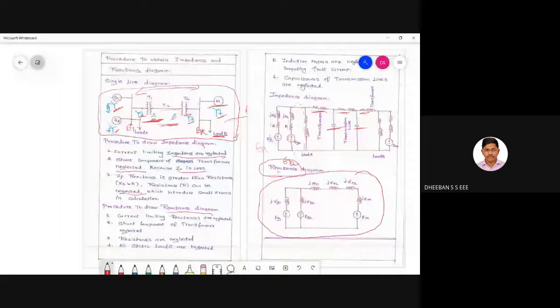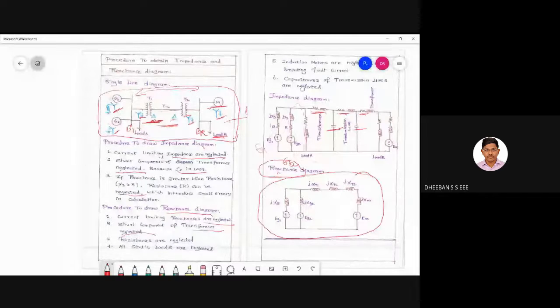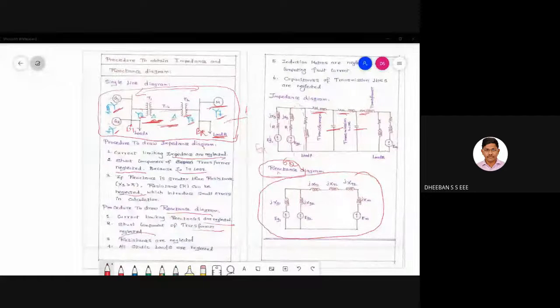Over here the current limiting reactances are neglected, and the shunt component of the transformer is neglected, as it was already neglected in the impedance diagram. The resistances are neglected. So this is with respect to the impedance diagram. I hope we can stop with this. So in the reactance